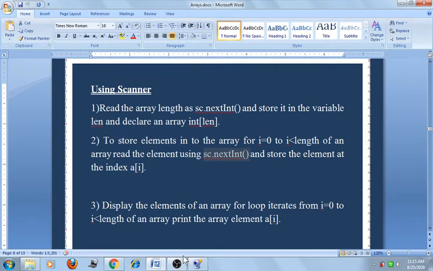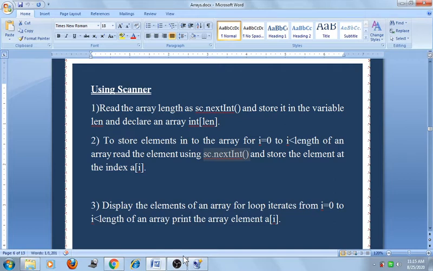Here we read the array length as sc.nextInt and store it in the variable len, and declare an array int of len. To store the elements into the array, we use a for loop, for i equal to 0 to i is less than length.